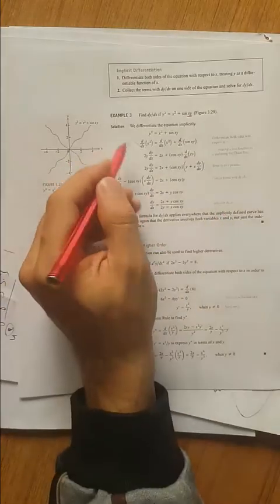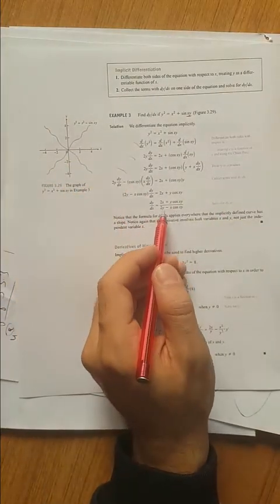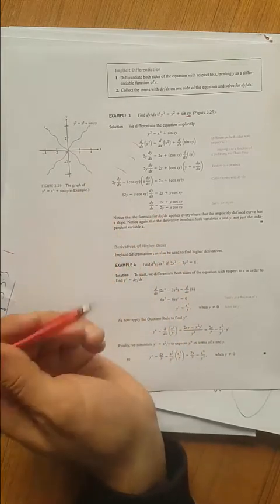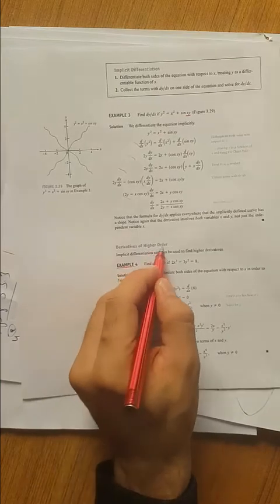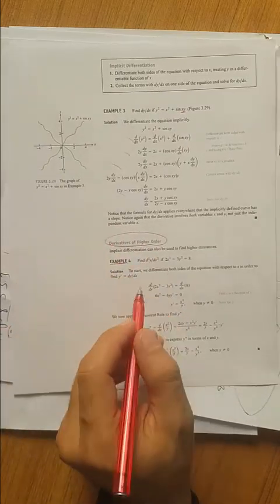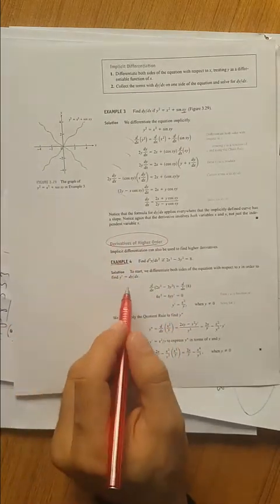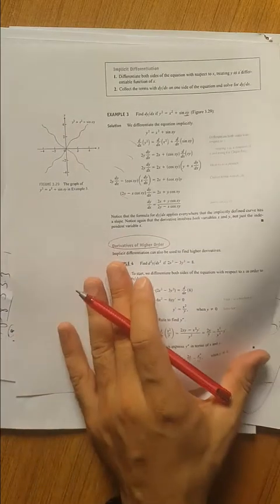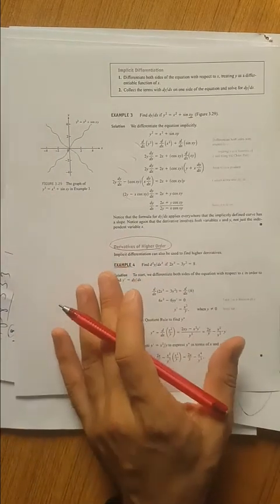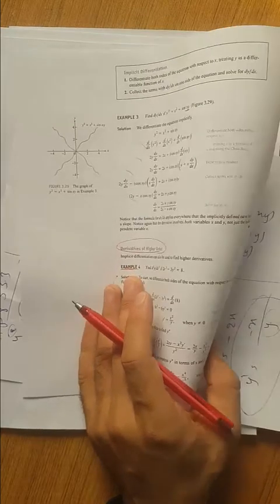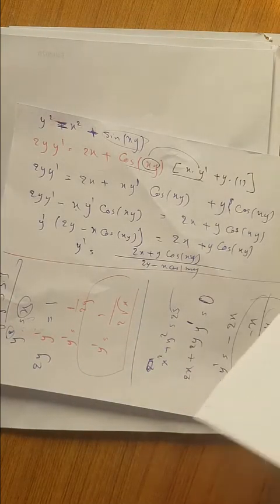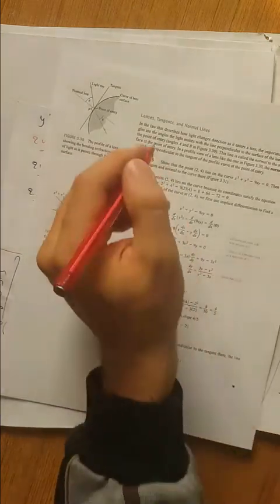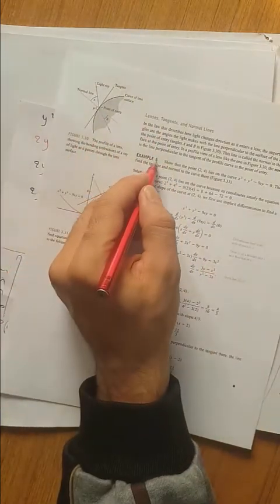Here's the solution. You can check one by one, and you will see it's easy for you. So I'm going to leave this one, because a higher derivative of an implicit function you can deal with as a simple example, like the one that we gave you before. And also the last page is about finding